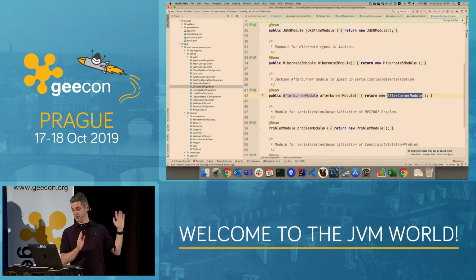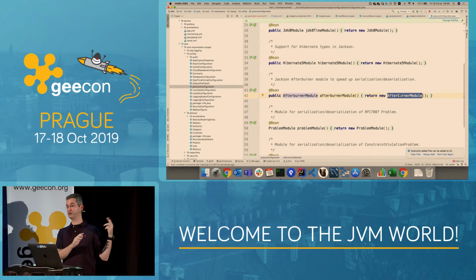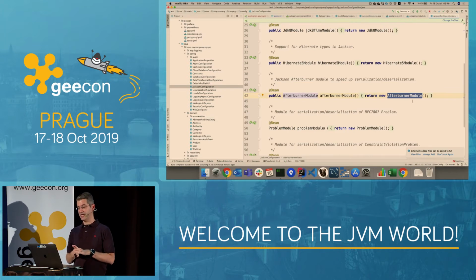So I would like to have JHipster keep working on it. I don't want to take control of that. I would like JHipster to keep generating that. And by the way, this will probably change in the future because this doesn't really work well with JDK 11, and we've got a new module for JDK 11, which is arriving.